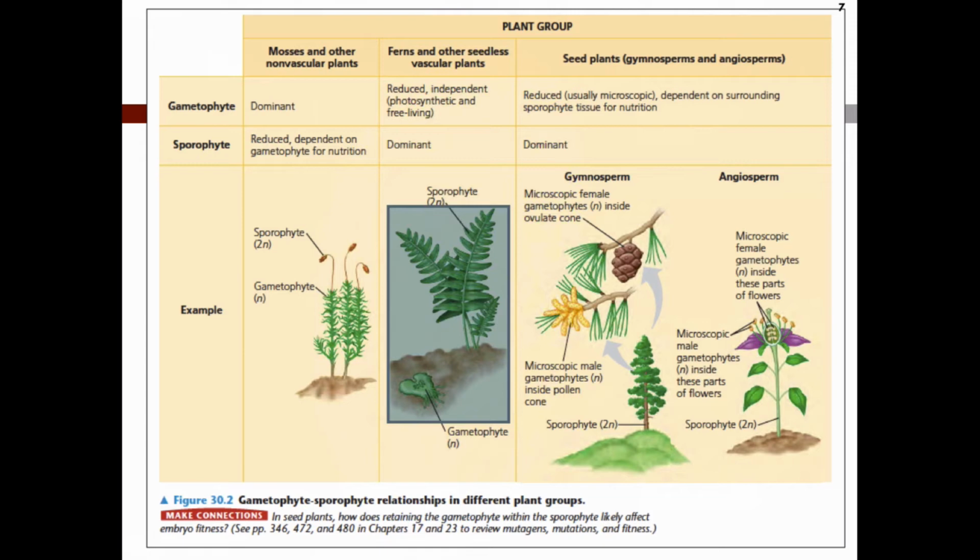what it means to have that dominant generation. Is the sporophyte the generation that is seen? Is the gametophyte the generation that is seen? Does it require water for fertilization? Are the sperm flagellate? Does it produce pollen? How are the seeds or spores dispersed? Give named examples of those things.